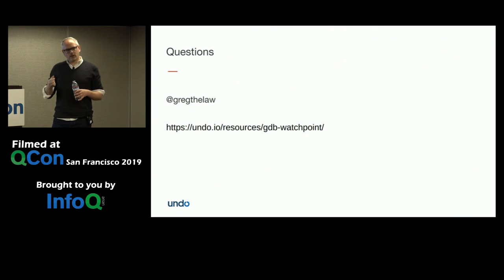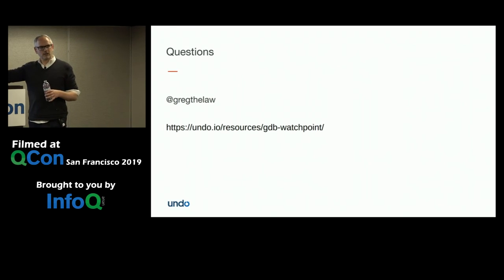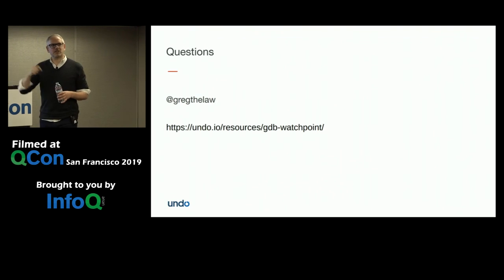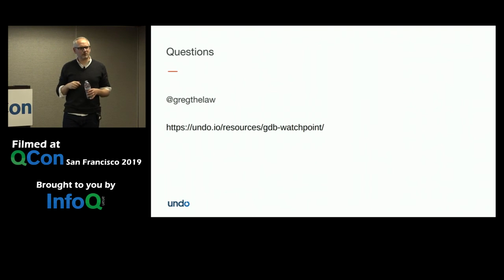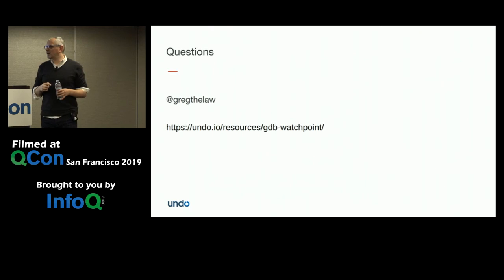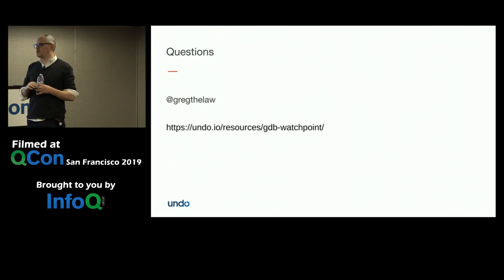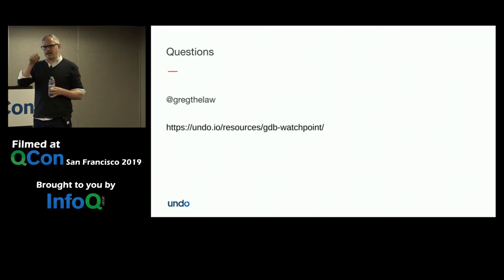Java's more tricky because it's just harder to go from a program state to process state, bits and bytes in memory and registers, to where you are in the Java program. So that's kept us busy for the last year or so as we worked around a couple of tricky issues there. Particularly, the thing that caught us out with Java, the thing that proved to be a pain, is that